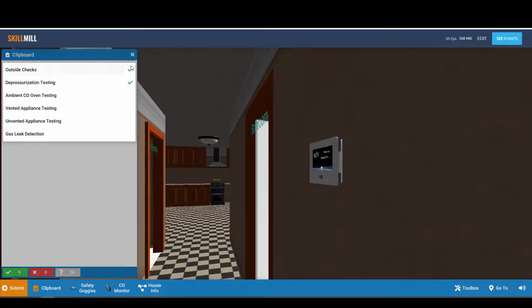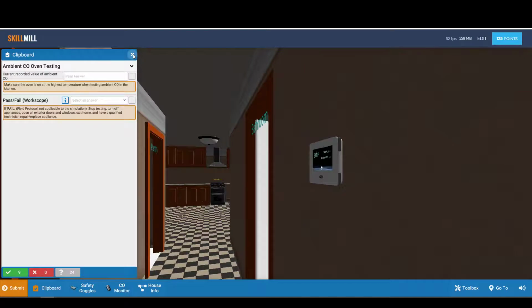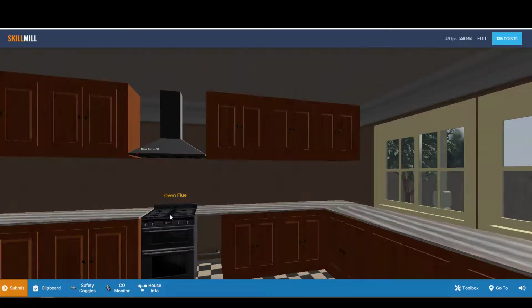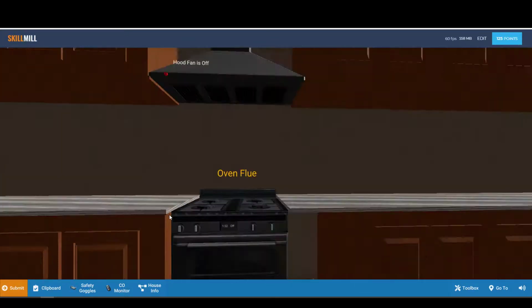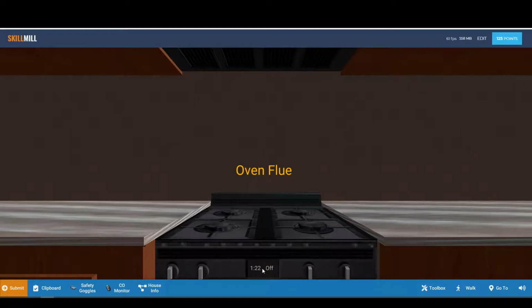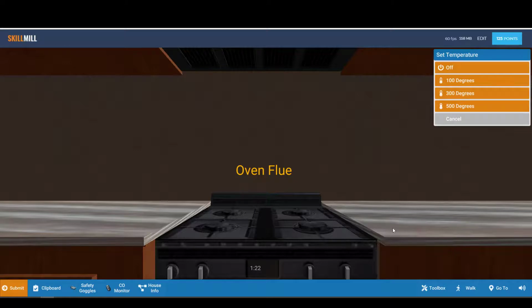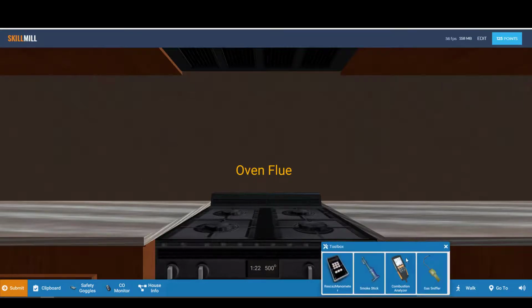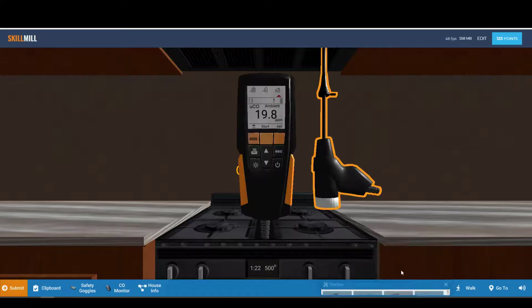The next item on our clipboard is ambient CO oven testing. You can zoom close to the stovetop and oven by clicking the top of the stove. Turn on the oven by clicking the faceplate of the oven controls. We want to test the ambient CO with the oven running at its highest temperature, so we're going to select 500 degrees. Take the combustion analyzer out of the toolbox,